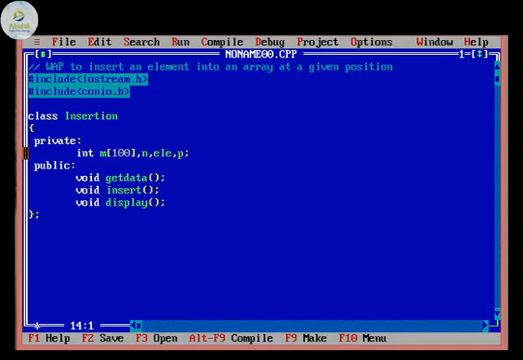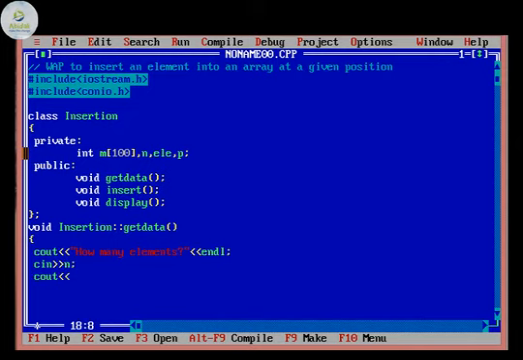Implementing the first one, we have the first function: void, name of the class insertion, scope resolution operator, and the function that we are implementing is the getdata function. Just like in the previous program, we ask how many elements, that is the total number of elements we want in the array. So cin gives us the size, n is the total number of elements.